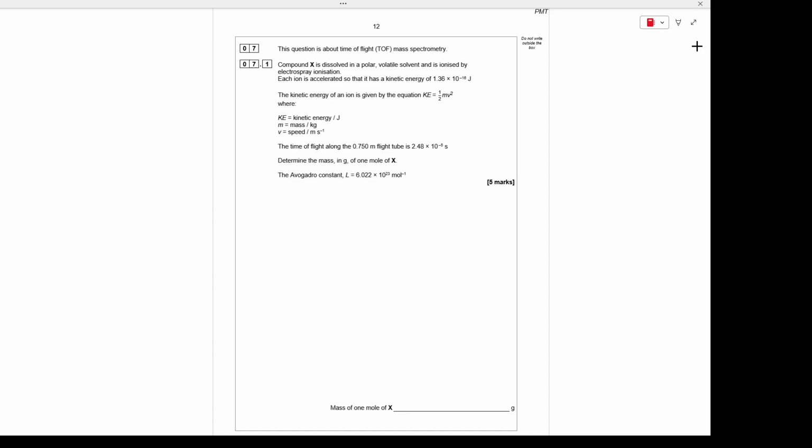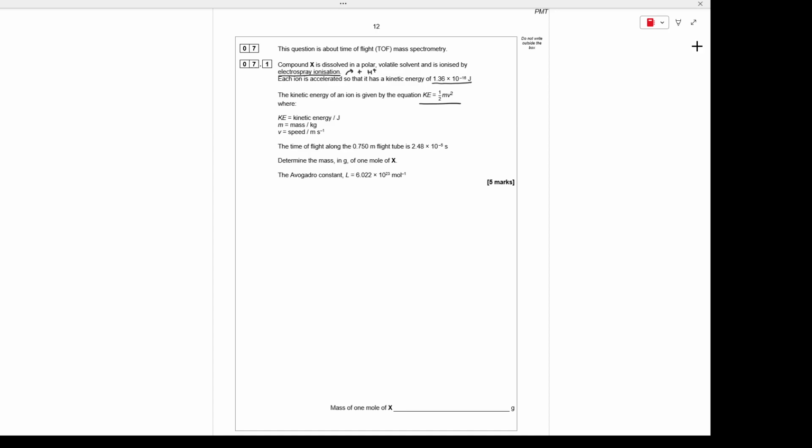They're telling us that compound X is dissolved in a polar volatile solvent and is ionized by electrospray ionization. So remember, with electrospray, this is when you're gaining a proton to create your positive charge, and they're telling us that each ion is accelerated so that it has kinetic energy of this, and the kinetic energy of an ion is given by this equation,